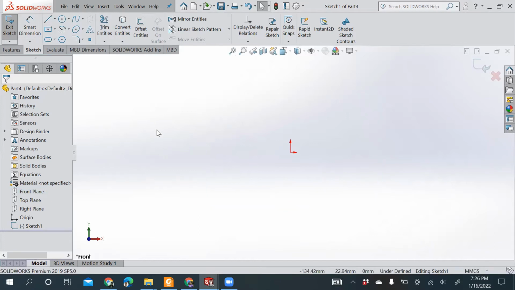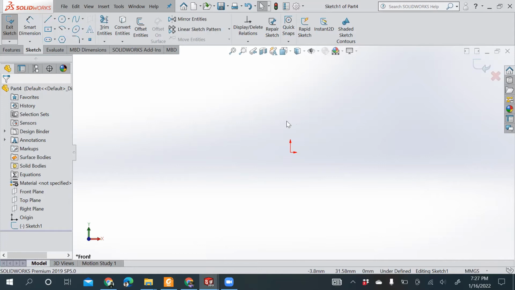Now, how do we know that we are in the sketch module? You can see here that it is in the sketch module. If you click this, you'll exit the sketch module. Also, here you can see this symbol which says that you are in the sketch module. This origin also says that you are in a space where the sketch module is active.